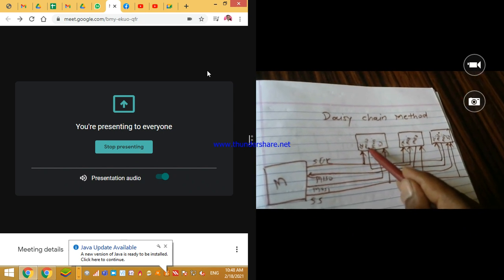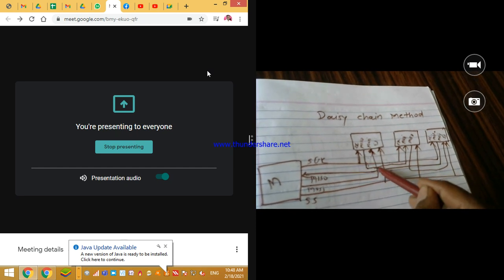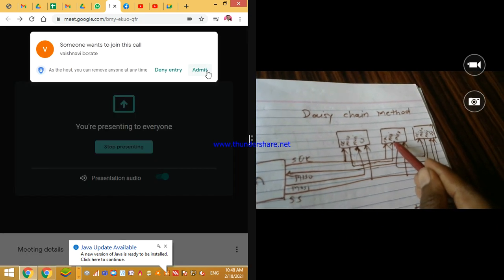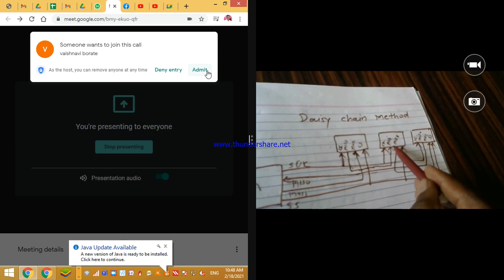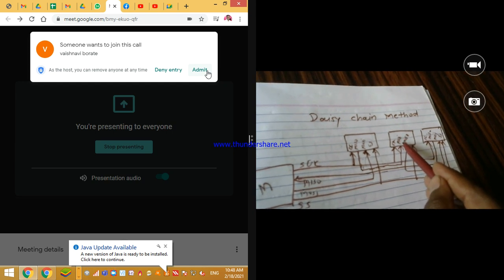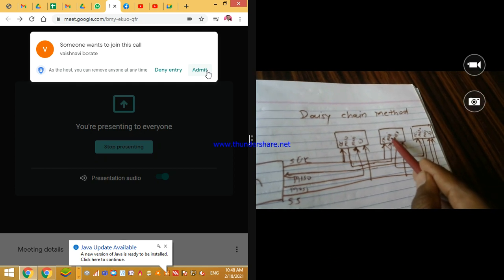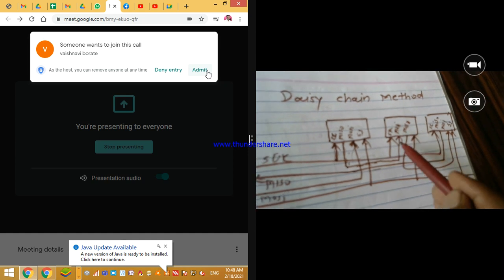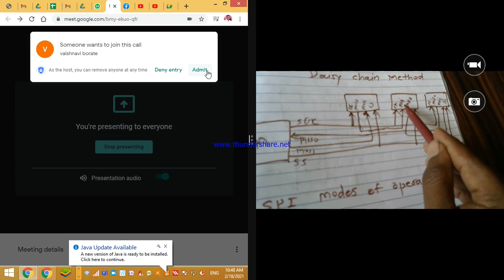It means data is coming from this device, and please see the route. This is coming from this side and it goes towards this second device. This second device over here becomes MOSI, master out, slave in, meaning it is accepting the data from the other device. So this becomes MOSI, master out, slave in. Have you understood? Here MISO and here MOSI.